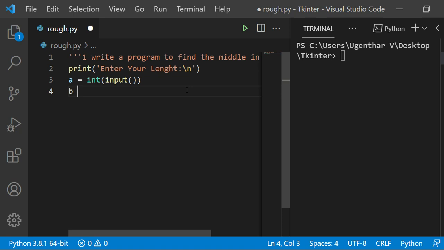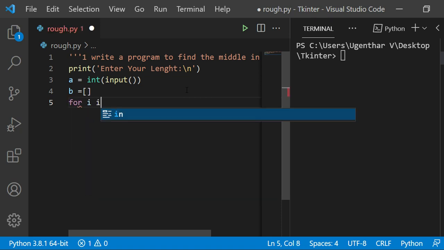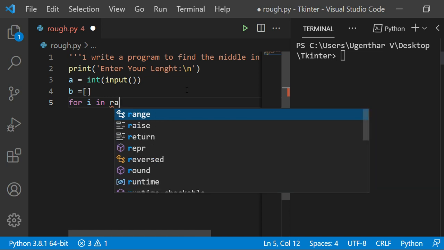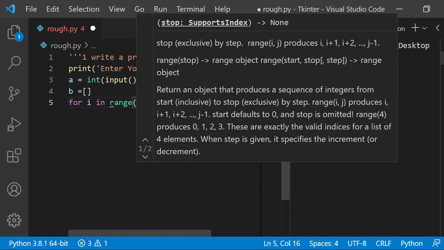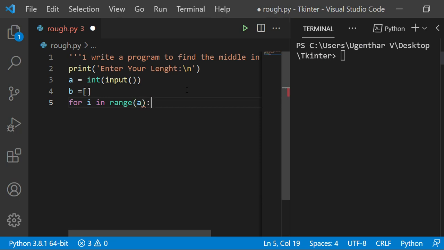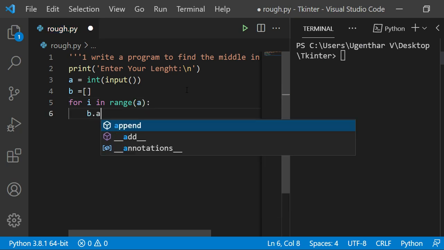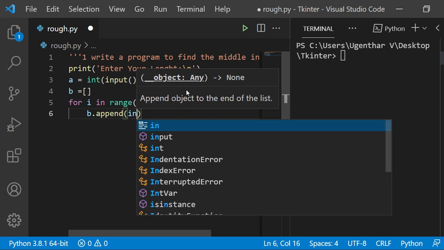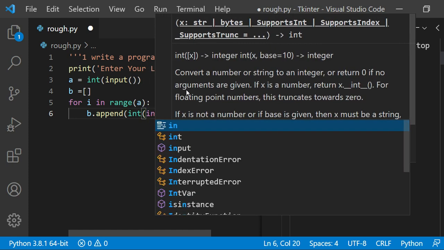After that, I want to get each and every element according to the length from the user. So I am using a for loop, for i in range of the length of the array A. After that, I am going to append each and every input from the user like this, int of input.